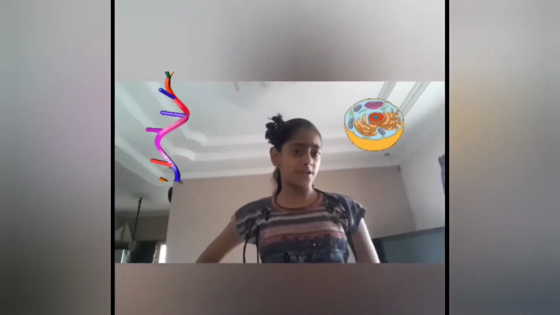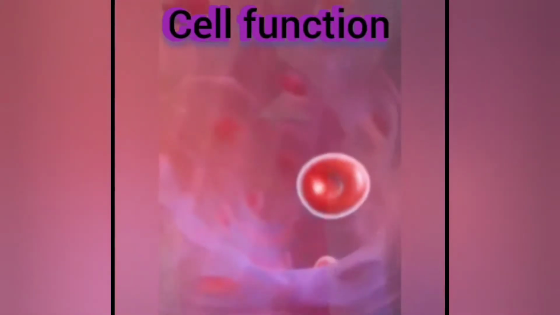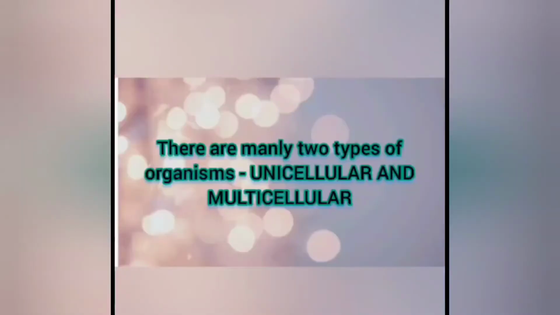You may have studied about the structure, but now let's study about the function. Let's zoom in. Oh, hello everyone. So I told you that today we were going to learn the functions of a cell. First, let me ask you a question. When I say the word cell, you think of something, a spherical object that performs many functions in our body. There are mainly two types of organisms, unicellular and multicellular organism. So let's first learn about the unicellular organism.